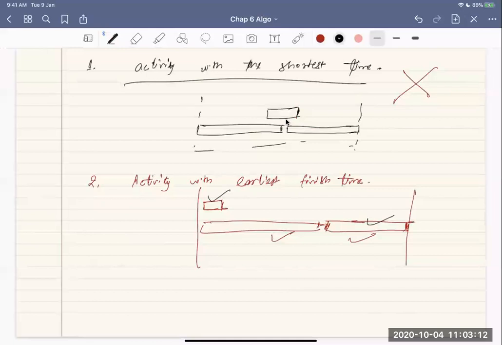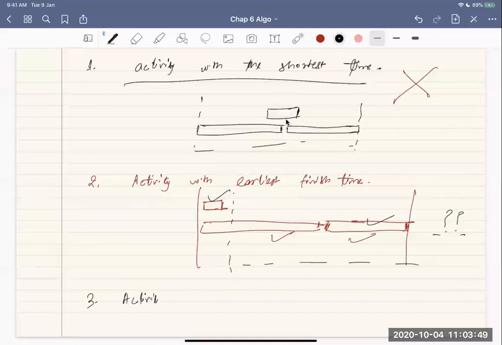Try on your own if you can find a counterexample. I could not find one, so it's a question mark. In general, I feel this property looks good because if I choose the activity that finishes earliest, because everything is starting at the same time, that would leave my resource available for the maximum amount of time. Nothing finishes earlier than this. So this looks quite good to me. But yeah, we will have to prove this. Let's see the third one.